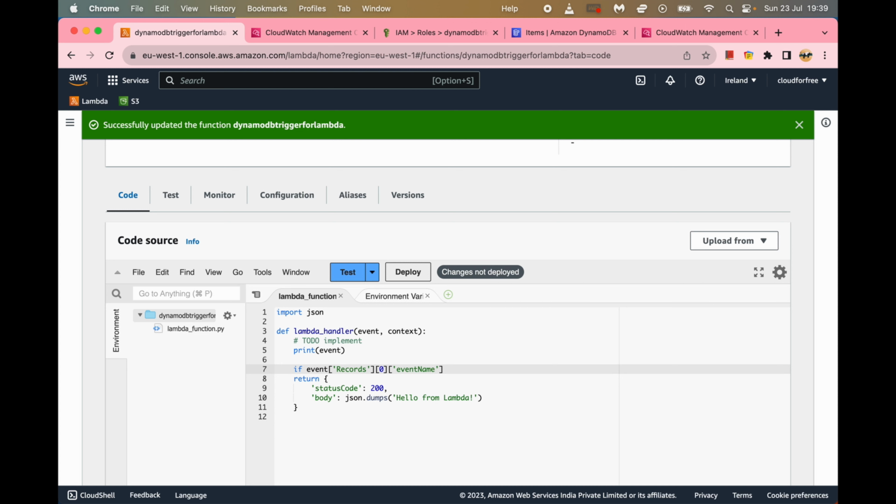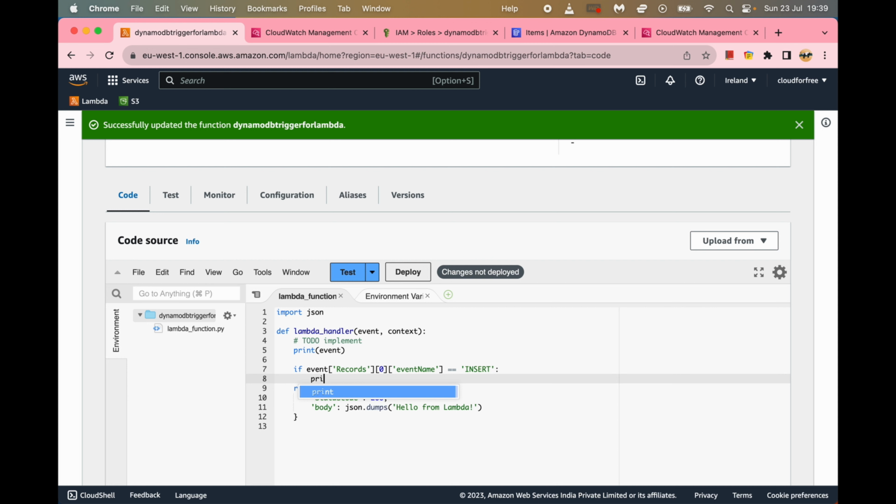So if the event name equals insert, then we can print one record inserted, and we can even print the record. Let's say a new record equals